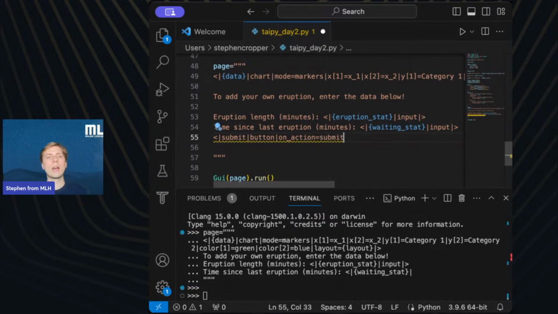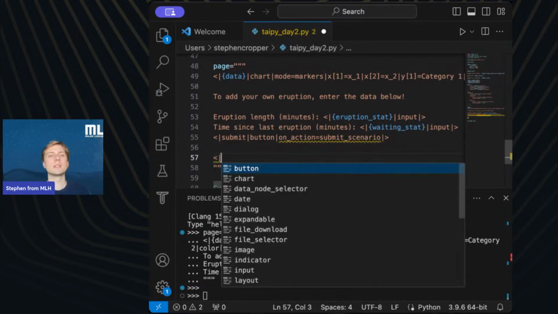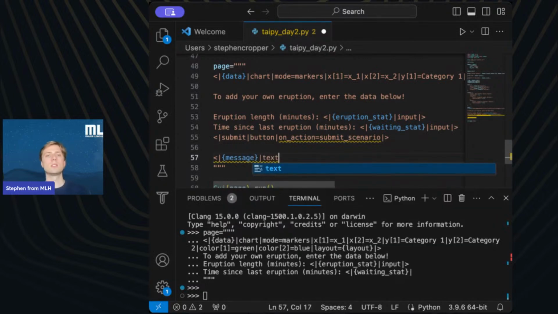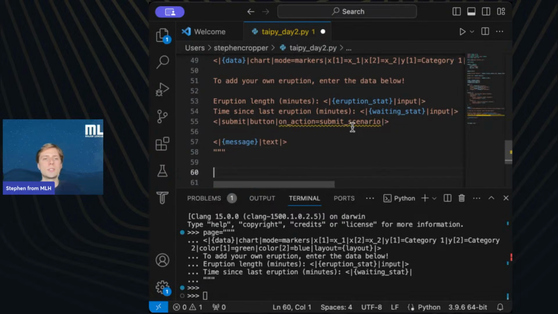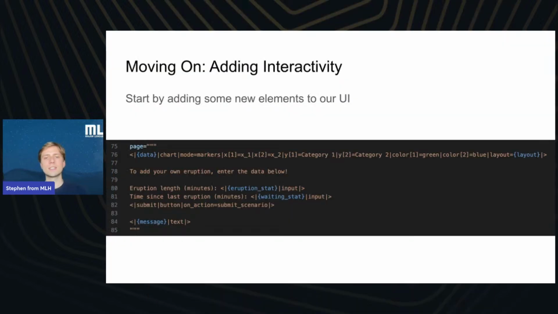And we're going to have it submit a scenario function here. Use the submit scenario function. It'll call that function. We haven't built the submit scenario function yet, but we will. We also used the submit button in our previous workshop, the first part, in order to trigger the hello world message. And then I'm going to put the message down here in this message text control and save. Okay. And remember, I said we need to define the submit scenario. We're actually getting an error message there, and that's exactly what we're going to do now.